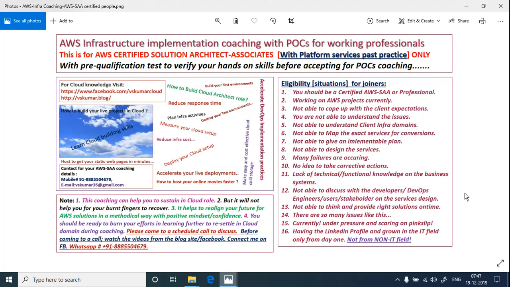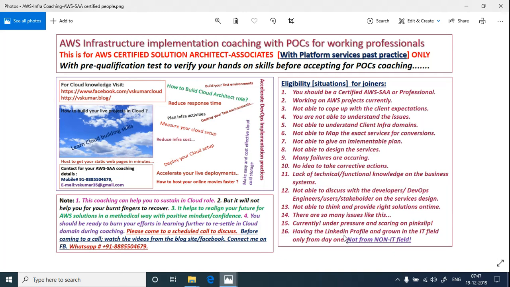If you go and discuss with any of the existing guys as a new employee, a new techie guy for the cloud, they will get surprised because you never had exposure to the domain knowledge. They all are well versed, years together in that project or environment, and they know very well. But you need to make a friendship, understand, catch that domain knowledge and convert it into code snippets, or at least manually create the setup. Otherwise you are not able to think and provide the right solutions on time. Obviously there are so many issues like this, currently under pressure and scared of pink slips.